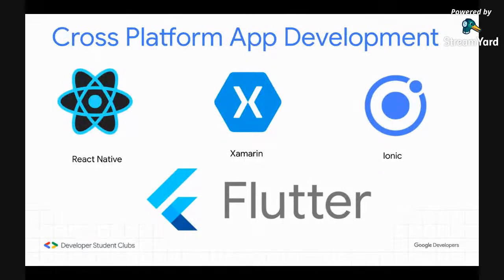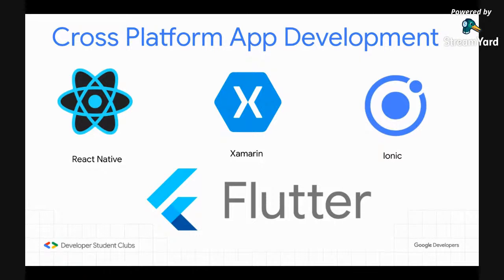And the most prominent name in cross-platform app development is React Native. React Native was developed by Facebook in 2015, and it basically works on JavaScript, and it has a very huge developer community that works on React Native, and it's one of the most prominent options for developing cross-platform apps. Then after that we have Xamarin, and Xamarin is owned by Microsoft, and it is one of the options